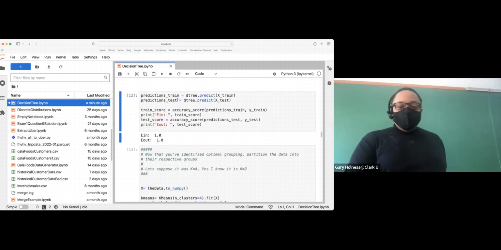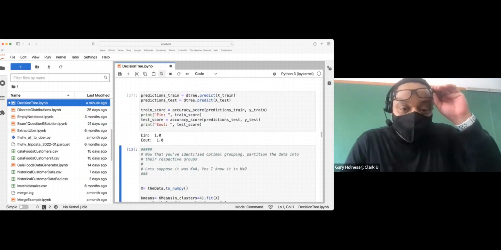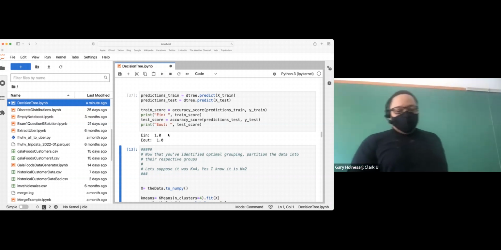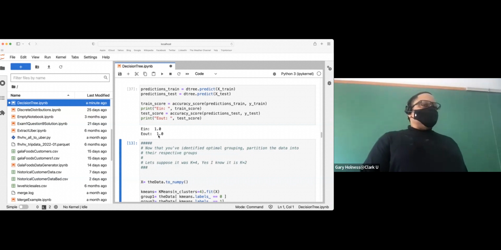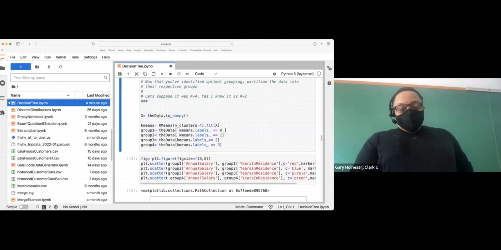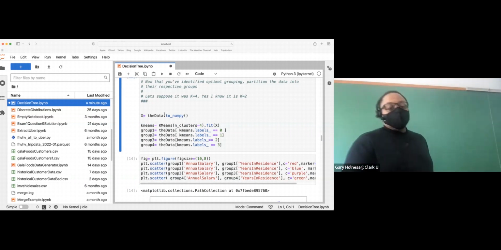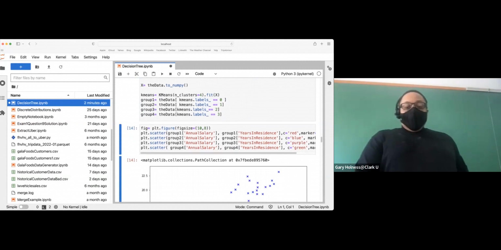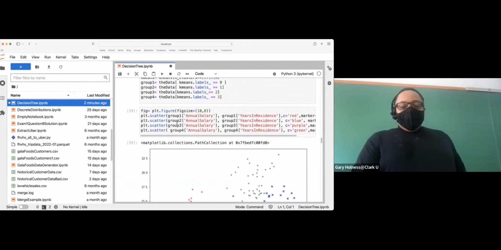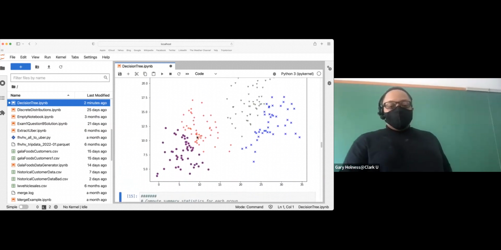And so now let's compare the in-sample error with the out-of-sample error. Well, in-sample error is 100%, out-of-sample is 100%. Okay. So let's do something more interesting. Let's cluster into 4 groupings, even though we know optimal by Davies-Bouldin score is 2 groupings at this juncture. We're going to partition our data into 4 groupings running Lloyd's algorithm, and we're going to plot this. So these are our 4 groupings.